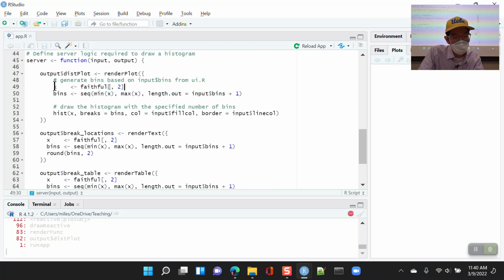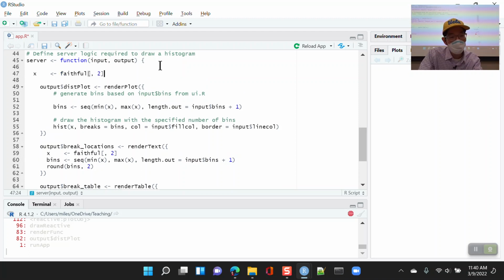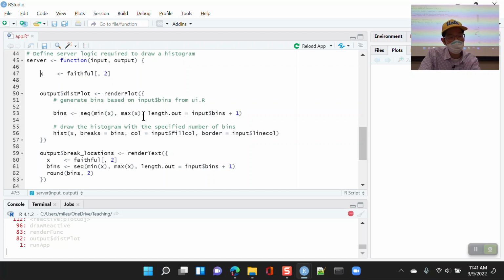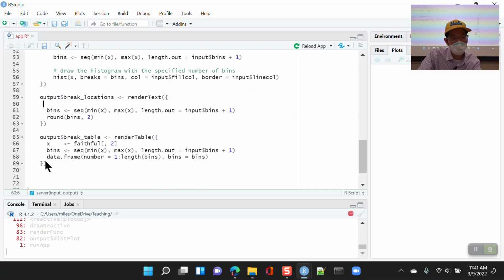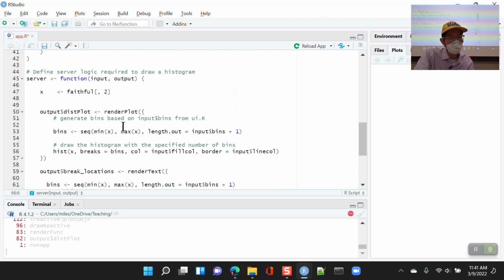So one thing we can do is take this x out and put it on the server side, and we can make x a value that we can reference here. So then we don't have to have this same line duplicated. And x is a static value. The values inside the faithful data set aren't changing based on user inputs. However, the number of bins or the location of the bins do change based on the user inputs. So we can move the bins out to here,